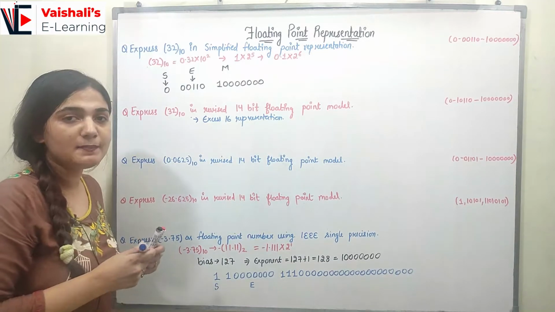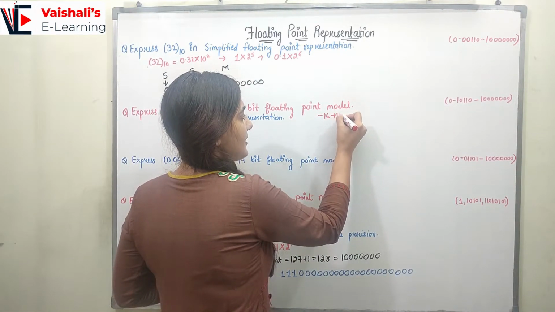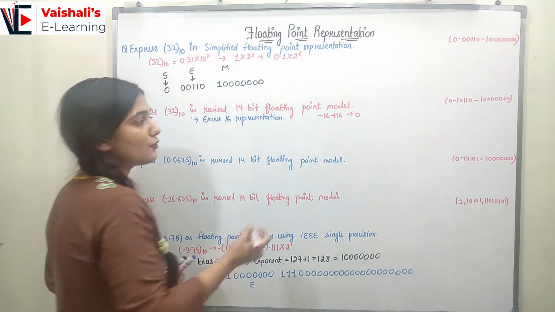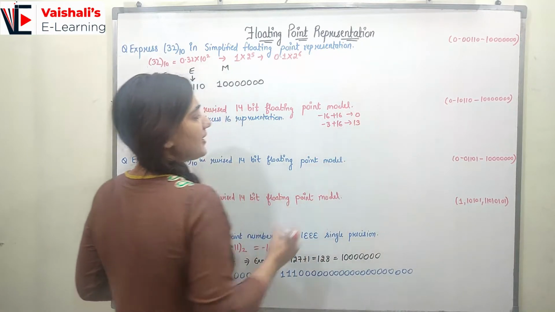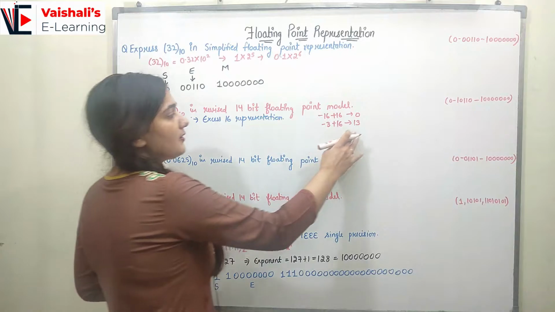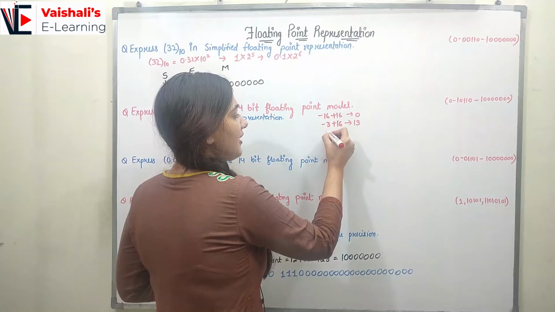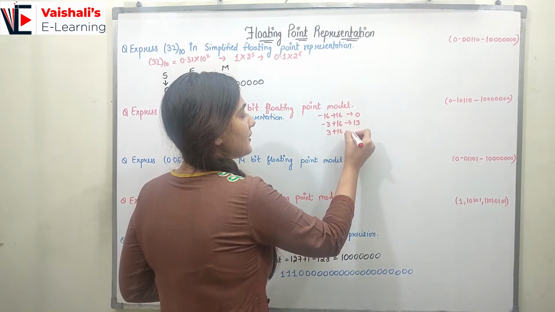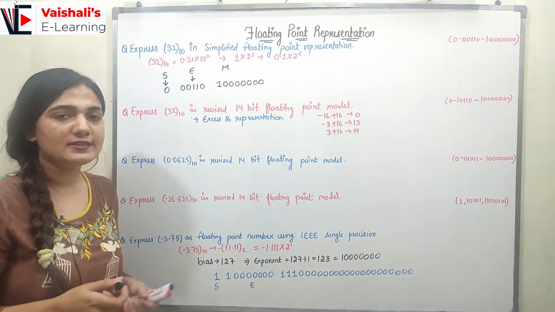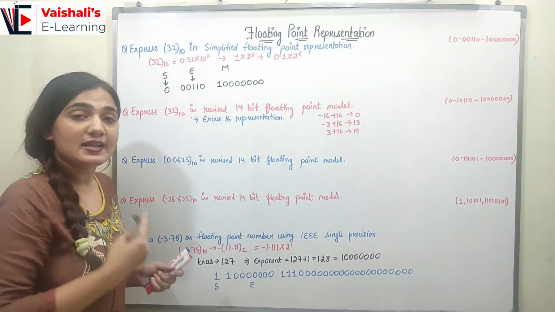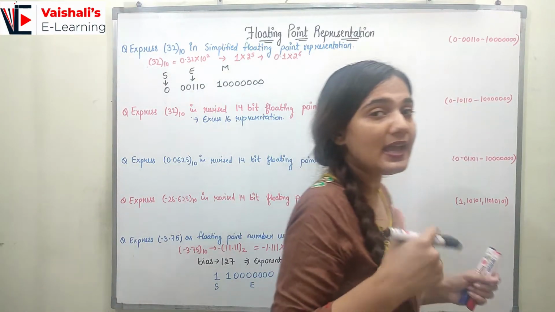Now here whatever power we have, let's suppose my power is minus 16, so I can add 16 and the power will be represented as 0. If I have power minus 3, it is added to 16 and I will be getting the power 13. So now here 13 can be represented as the exponent rather than minus 3. If I have power, let's suppose 3, it can be added to 16 and now the exponent will be represented by the number 19. So we all know what is the excess 3 representation. Here in the exponent we have the excess 16 representation, so that we can represent the negative numbers also.